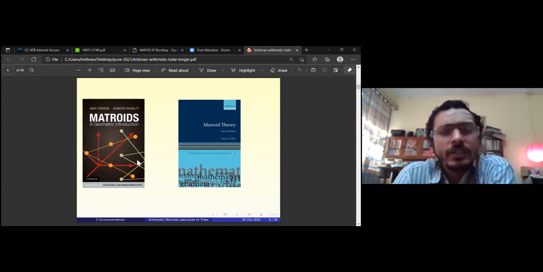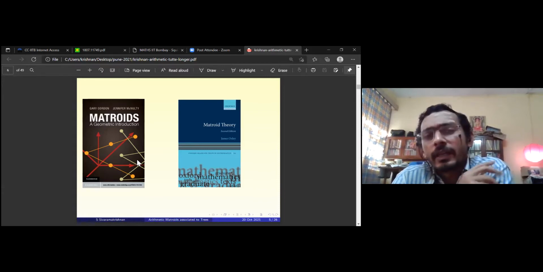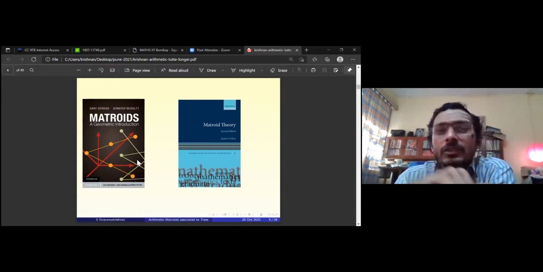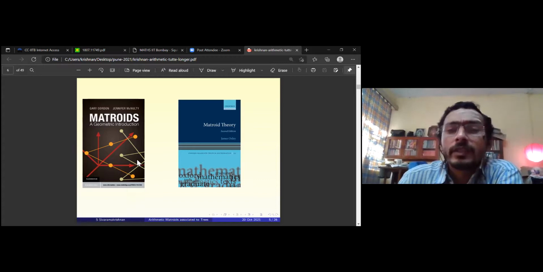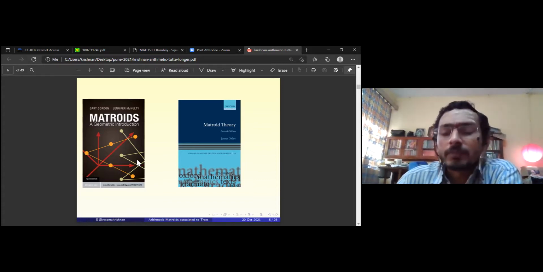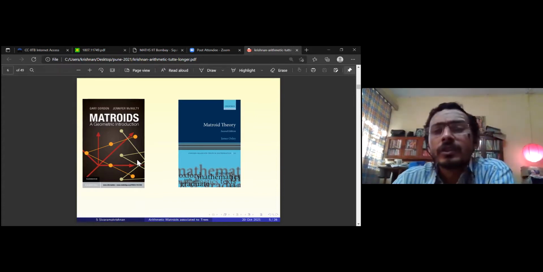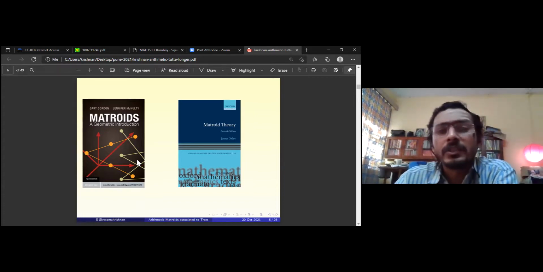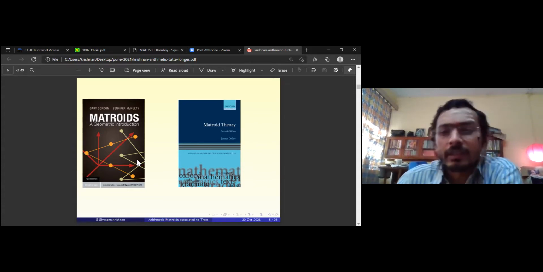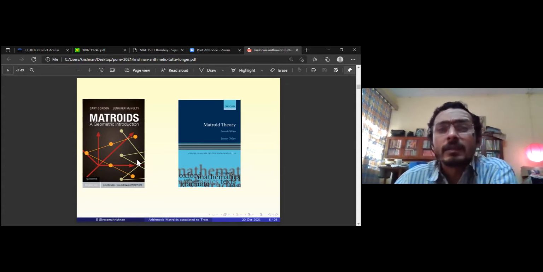Generally, matroid theory is a beautiful theory which has connections to several different areas. And the basic things that you require are linear independence, which you teach in a first course in linear algebra. That can be just the basis for studying matroid theory: linear independence, some graph theory, things like that.